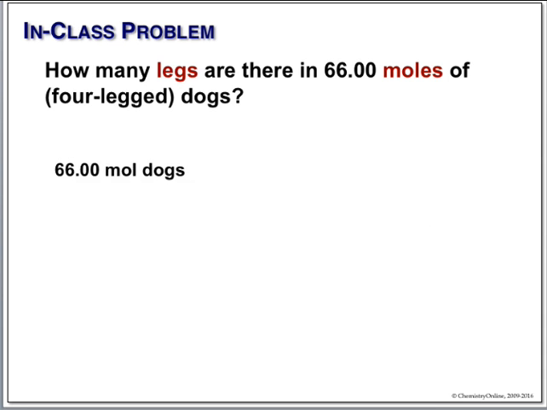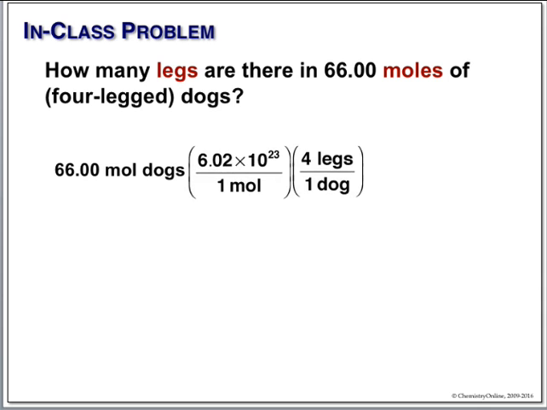Note that when we write moles, there are maybe 3 ways that we'll write it in equations and stuff. We can write out the full word moles. We can do M-O-L-E or just M-O-L. So you'll see them all, and I mixed them up for that purpose. So next we know that every mole is 6.02 times 10 to the 23rd things. And we know that every dog has 4 legs.